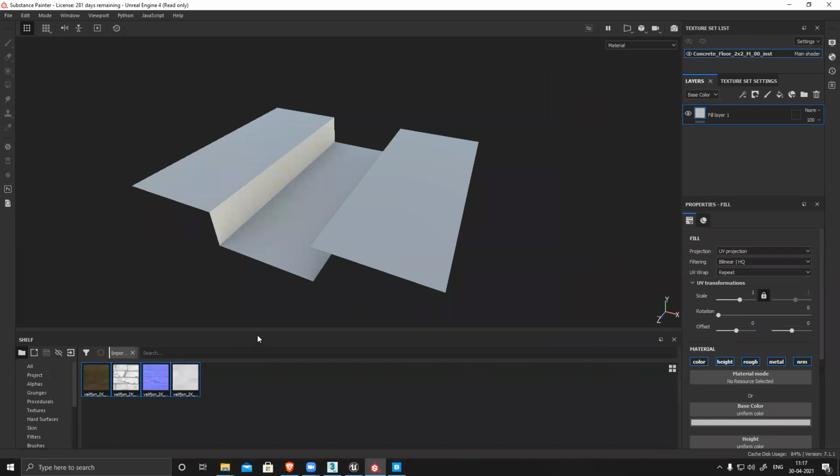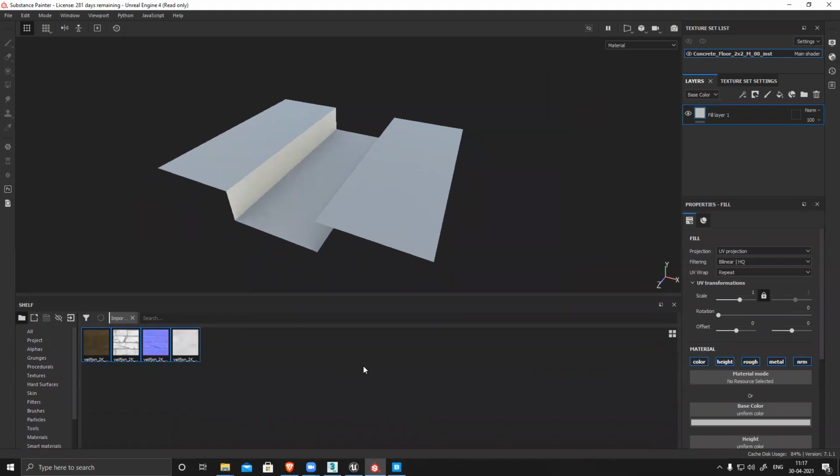Sir, when we import it to the current session, and if we use it in a layer, when we open the file again, it will still be in the layer, right? The layer will be there, but it won't be there on the shelf. Okay. Importing to the current session keeps things lighter. If you keep it in the project, it will always be there in that project. Suppose you want to use the texture multiple times, then you can keep it. Or if you want to use it only once, just import and delete.